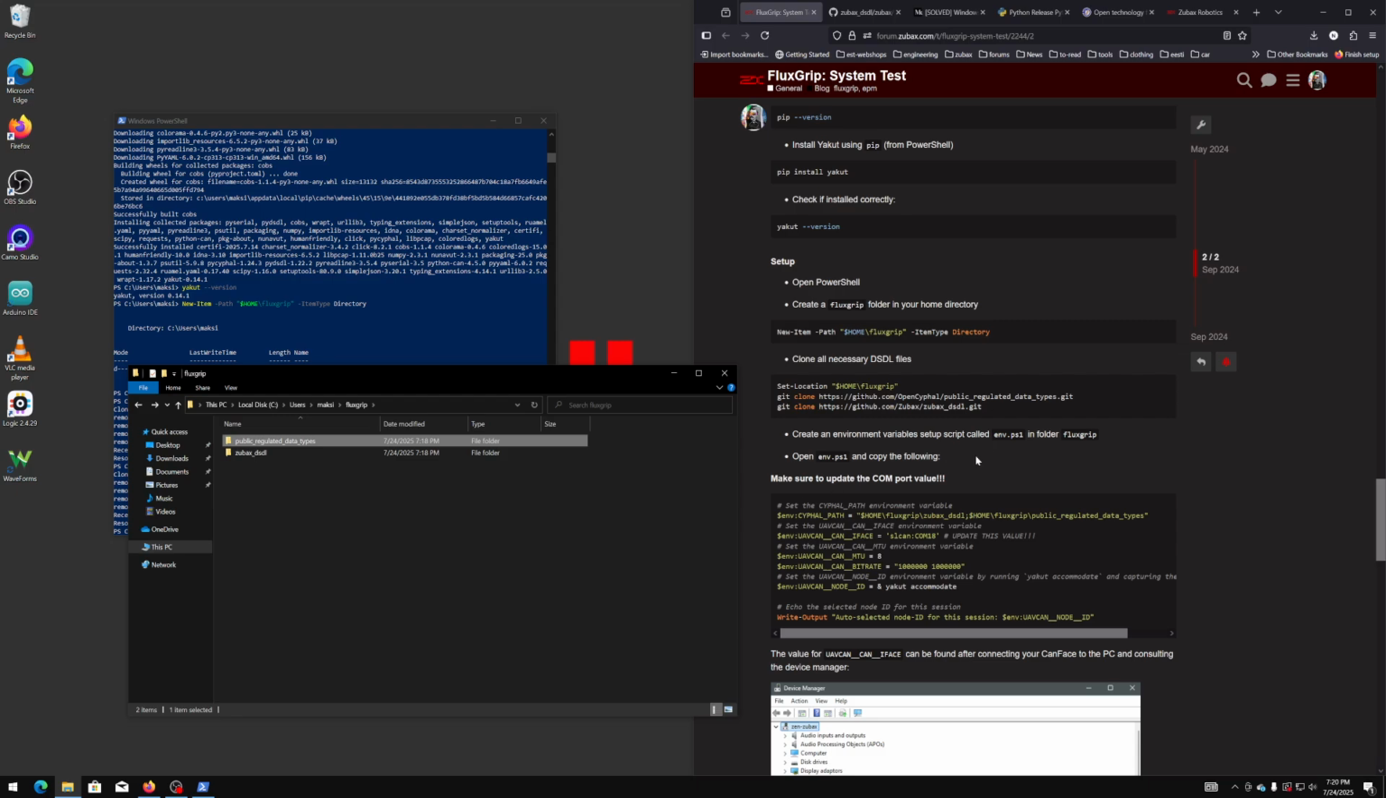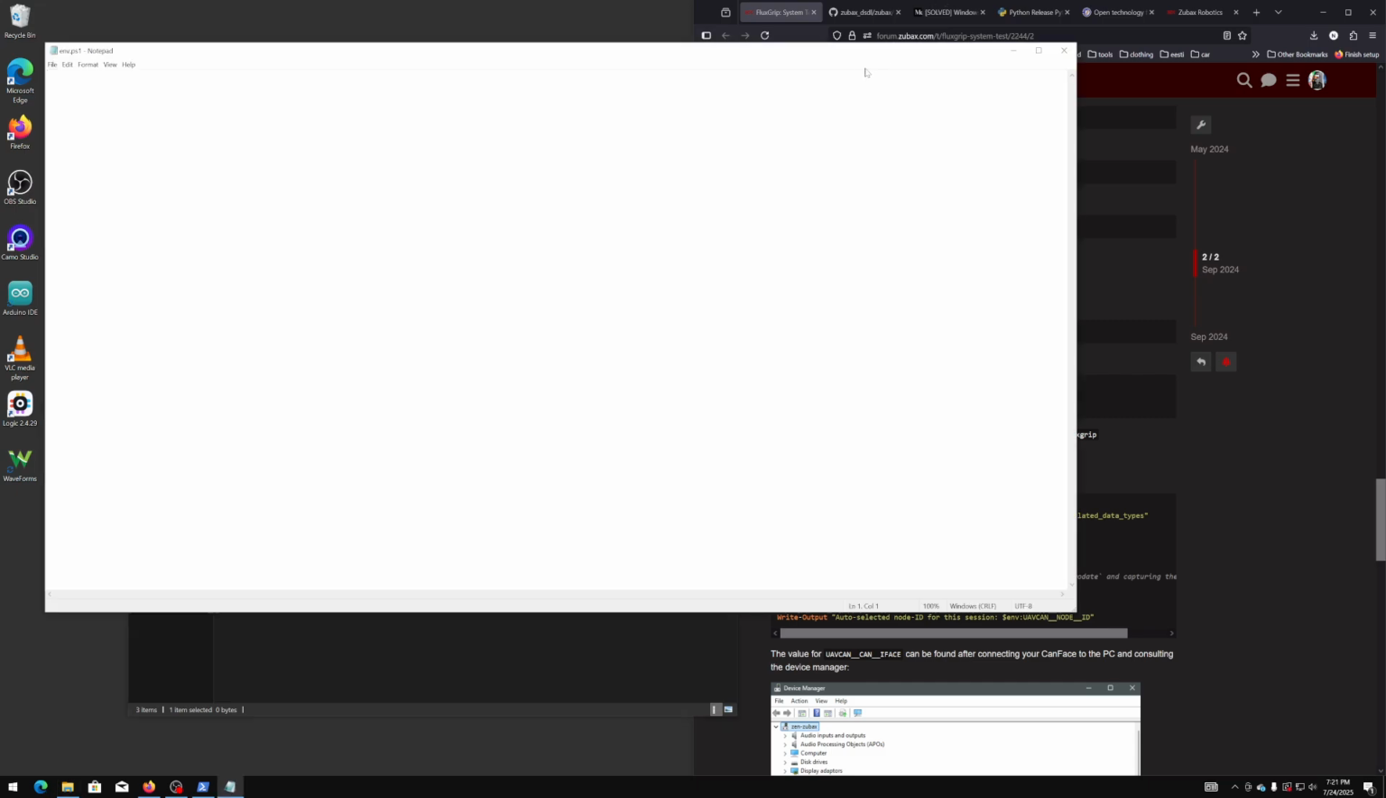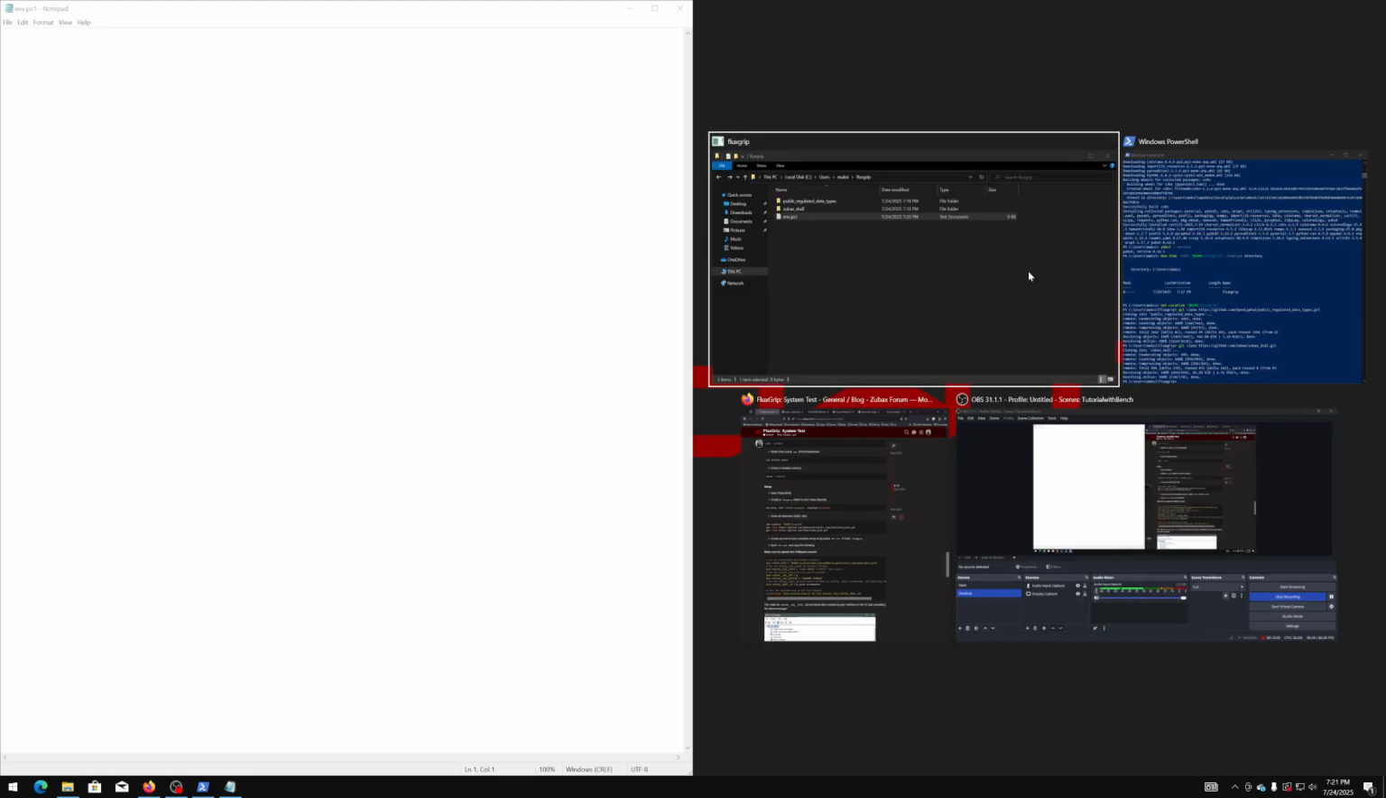And now we need to create an environment variable script. Just new file, text document, I guess. Yeah, I don't really use Windows a lot, so I'm not completely sure how this works. Okay,